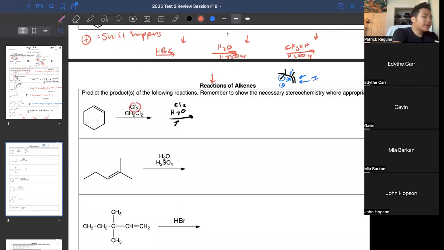We know that the Cl2 will react with that alkene. The alkene would attack here, and the electrons would go there. So our intermediate would look something quite like this. Now, this is a very unstable intermediate, but it just exists for a moment. And what that looks like